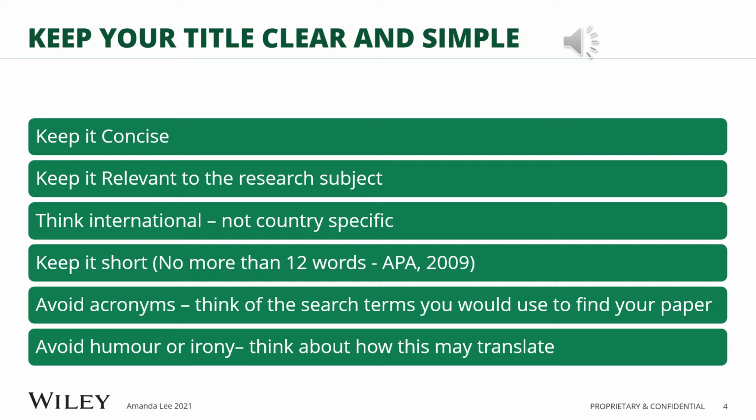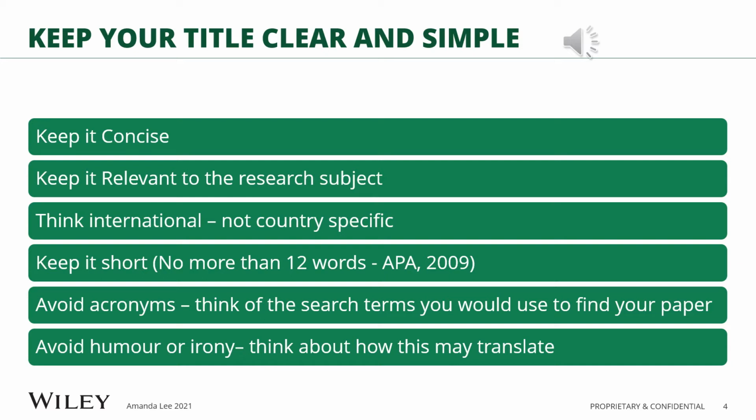One of the most important factors is make sure that you keep it very, very concise. And the APA 2009 actually suggested that no more than 12 words. There are many research journals and articles out there that have got hundreds of words, and they try and put too much information, too much detail within the title. And that's actually contrary to making your work citable, to making your work applicable within the databases, the search engines. So for the most optimal database search engine searchability, you need to make sure that you've got a nice, snappy,